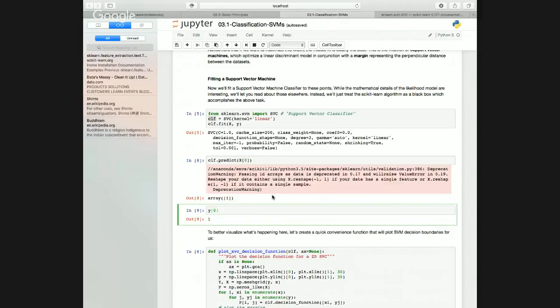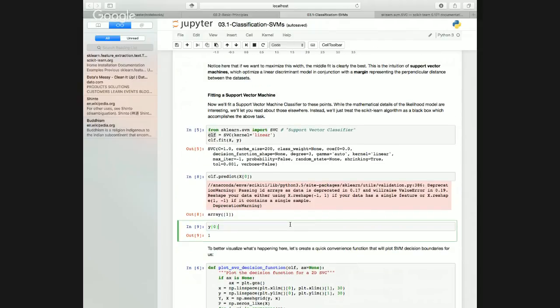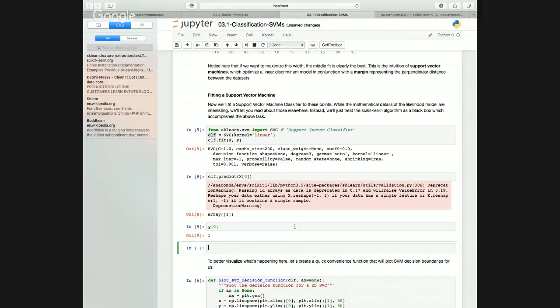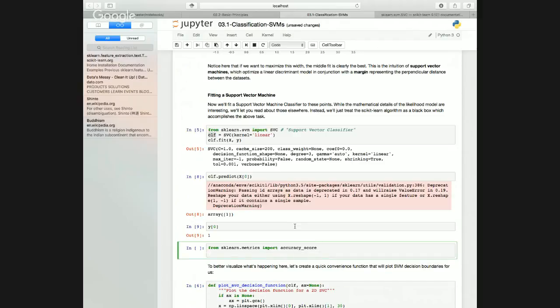On scikit-learn, there's a package called metrics, if I'm not mistaken. Accuracy, yeah, accuracy score. And accuracy score is